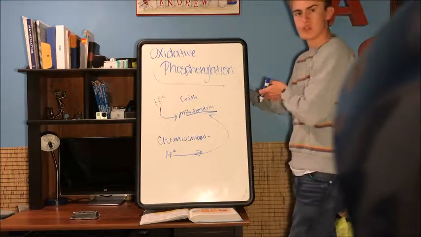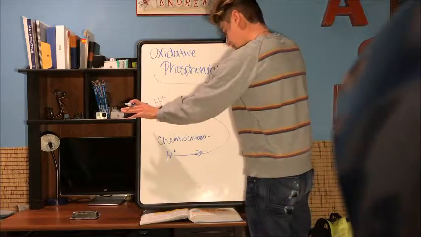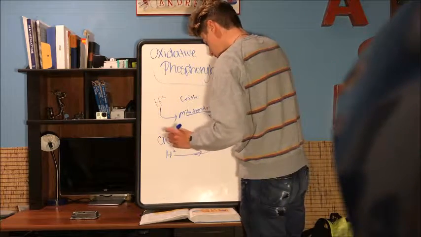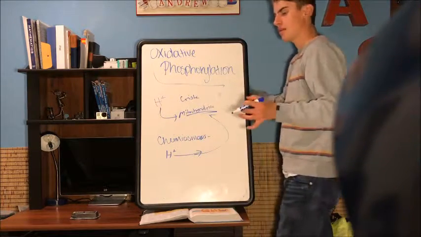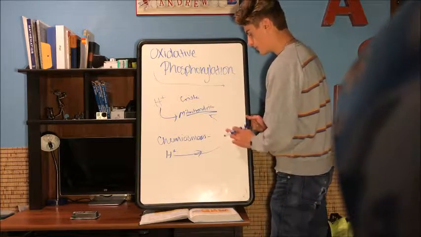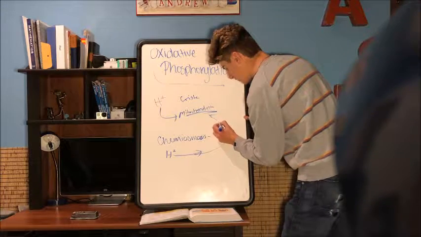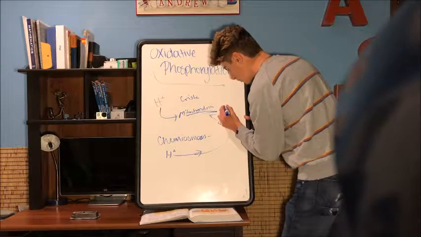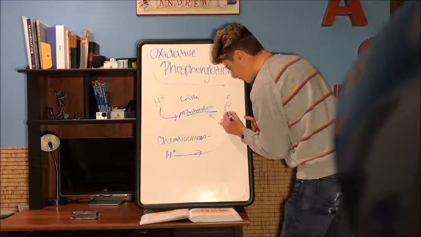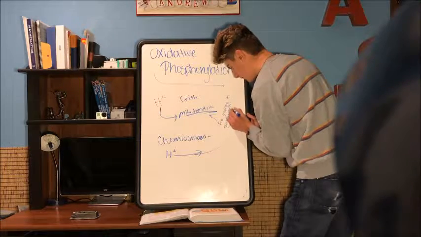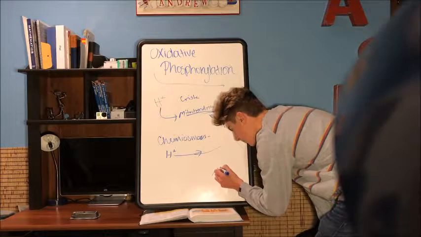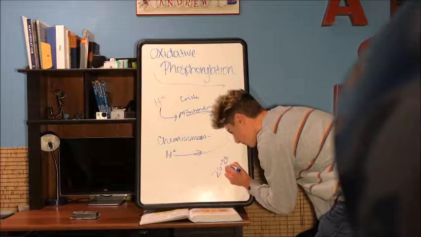So they leave using energy and then they rush back in with a different set of molecules embedded in the membrane that release enough energy to synthesize ATP. So when this comes back in the mitochondria, you use the free energy to synthesize ATP. And that's where you get your 26 to 28 ATP molecules in this stage,